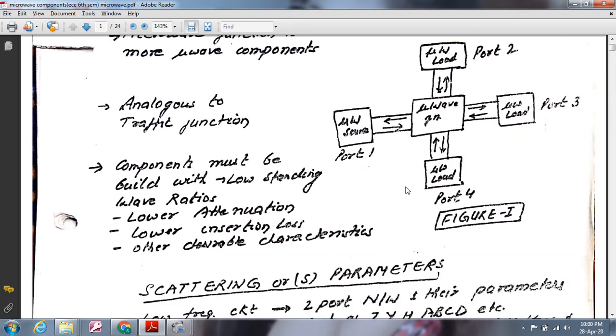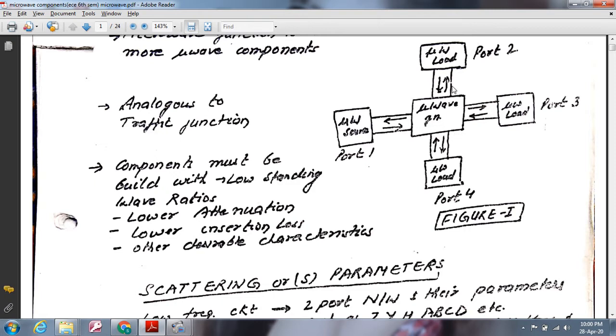So this is how we can define a microwave junction. Power, if I say power is entering from microwave port number 1, it may leave from port number 2, 3 or 4, or maybe due to mismatch from 1 itself. Or if I say source is connected at port number 2, power may come out from port number 3, 4, 1 and 2 itself. So if I am having 4 sources and I am having 4-port